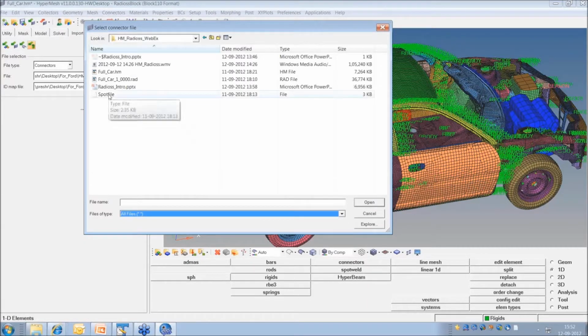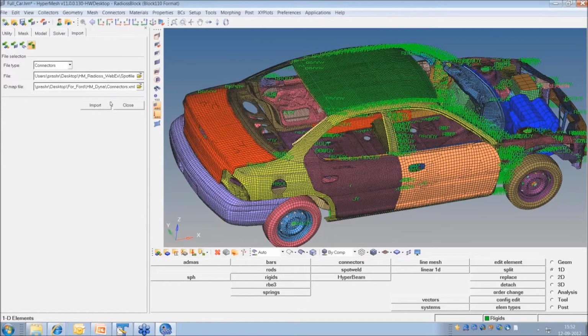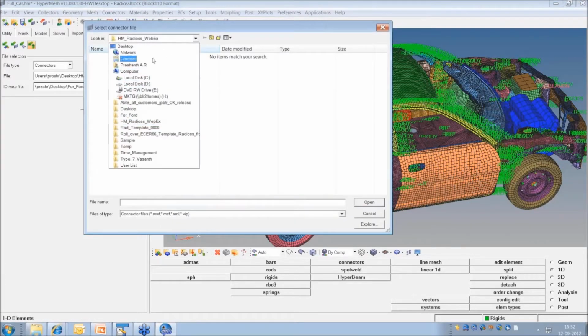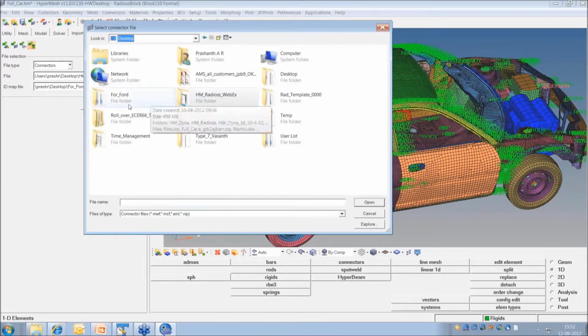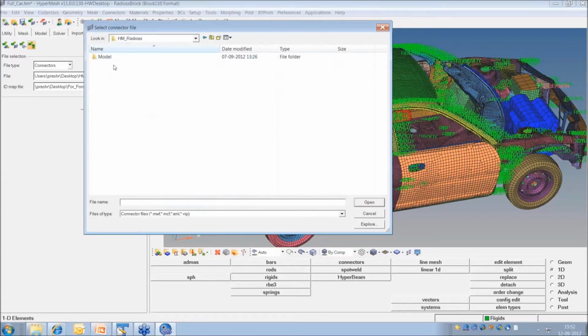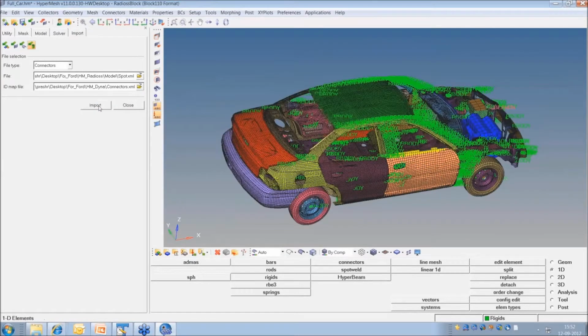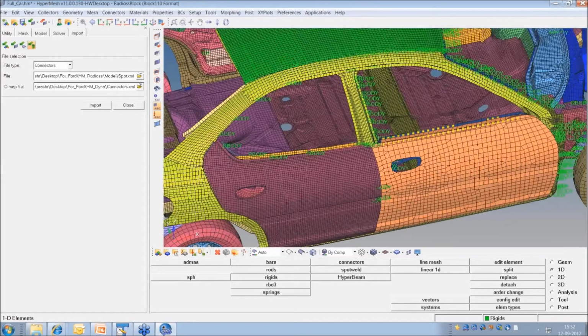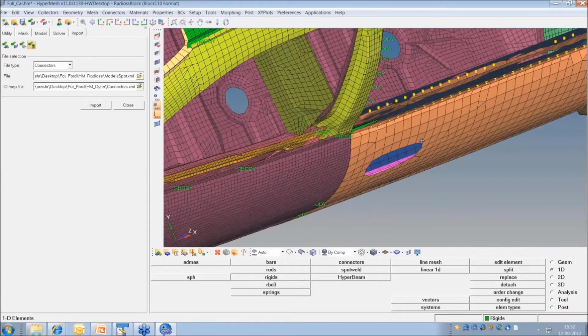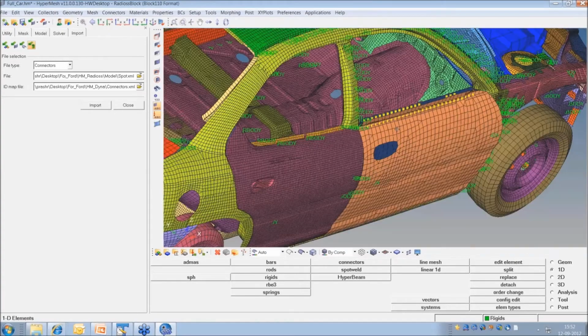So I have a spot file here. It should be an XML file. So just a minute. Spot file. Open. Okay. So now I imported the spot weld file which had the connectors.